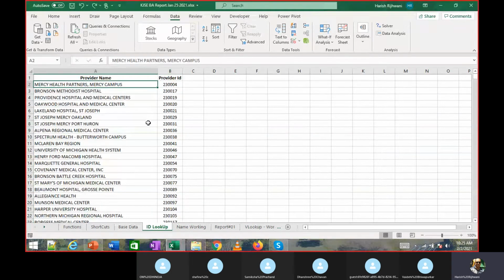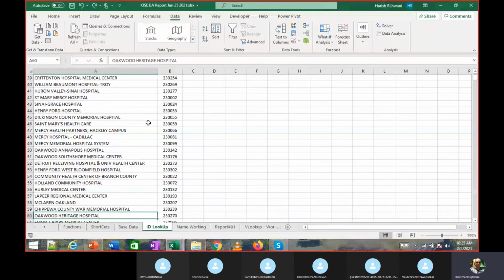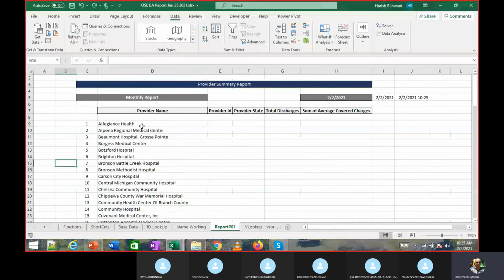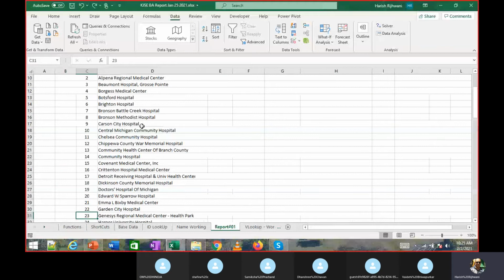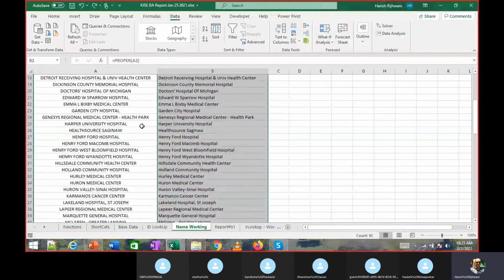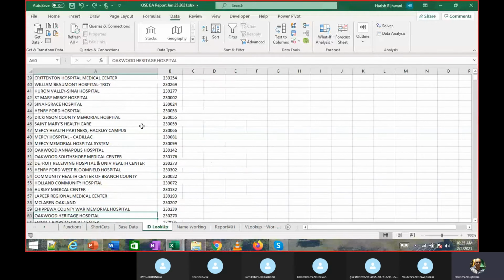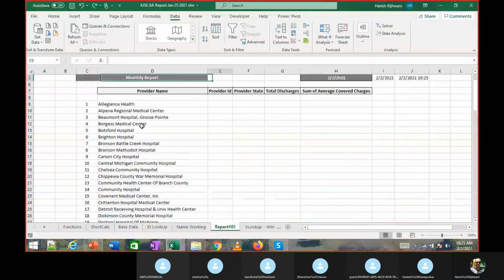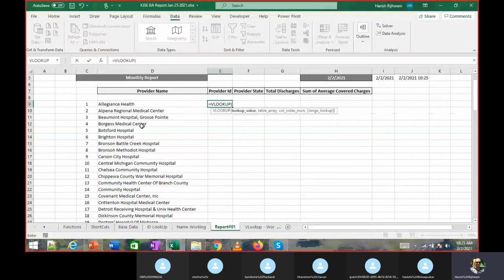Because many times what might happen is, if you have a lot of information, you might not have that entire list. Let's say we are only looking for 10 random providers, 1, 12, 13. So I'll not be able to do that copy paste so easily. So on this, I can now apply a VLOOKUP. I create a sheet wherein my provider name is on the left and the provider ID is on the right. Now I do a VLOOKUP.